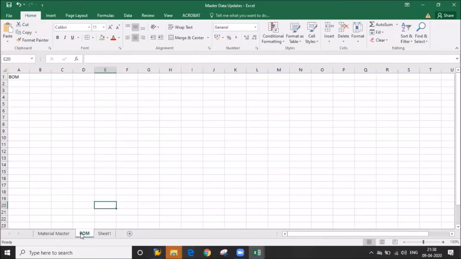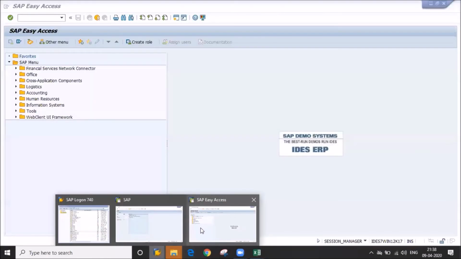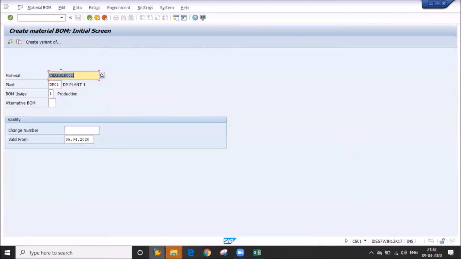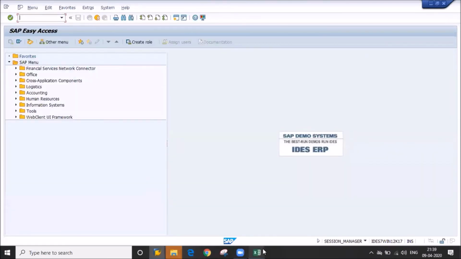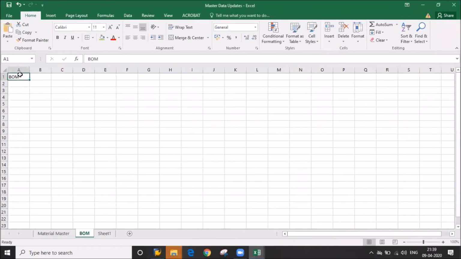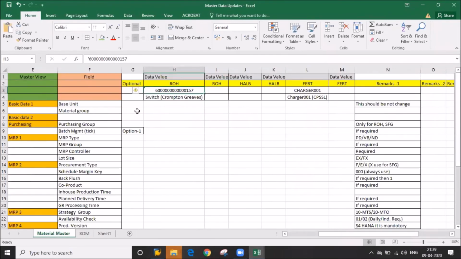Whatever we are giving, you try to create one more material in your system and give all this data: material, plant, usage, and whatever we are entering, you make and maintain in an Excel sheet, so that you can increase your knowledge and it will be good for you.